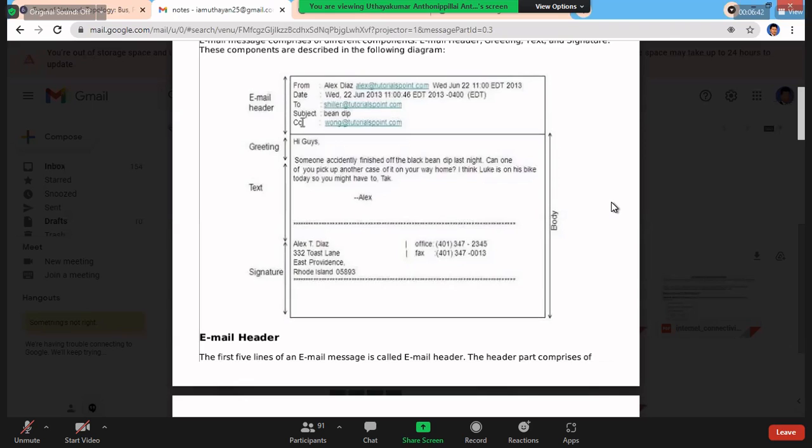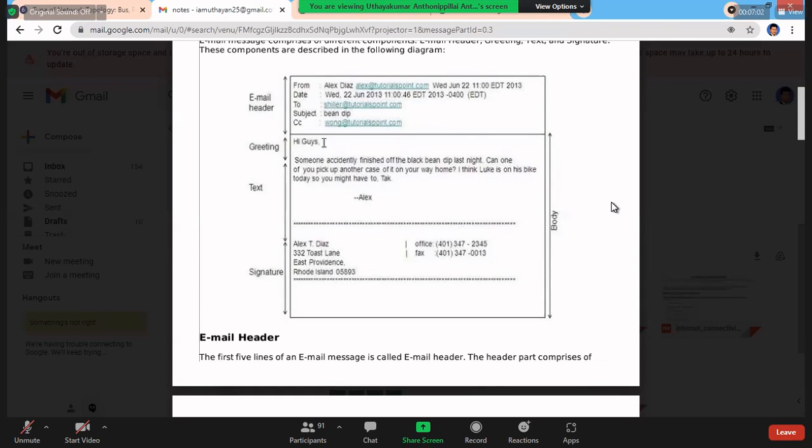So whoever should receive the same mail, I can add at the CC, so everyone can get the same copy, right? Same message, displayed in the CC, carbon copy.